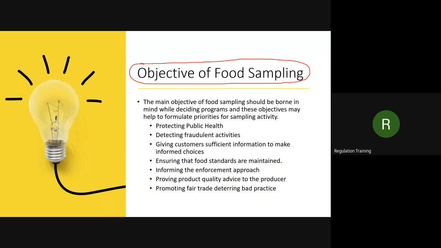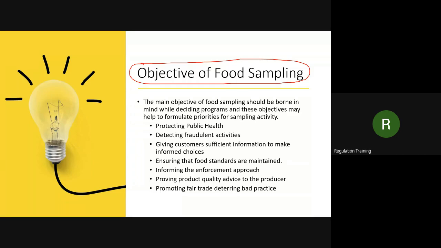And in this case, what is happening? Since people are observing, it means people will have confidence in the work of the food safety officer. It means the food safety officer is working well. Now what will happen? You will have trust in the food safety officer, which means you will have trust in the system. You cannot say that the food safety officer is not working, every food is adulterated, no one is paying attention. At least you cannot say that. Understood? So that is informing the enforcement approach.